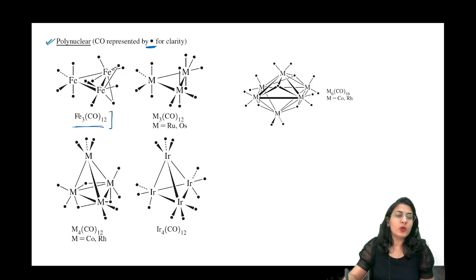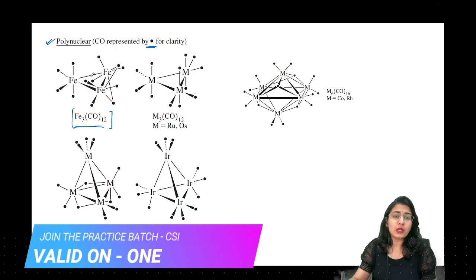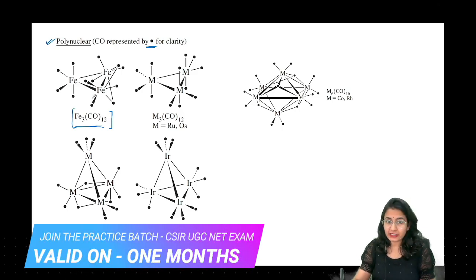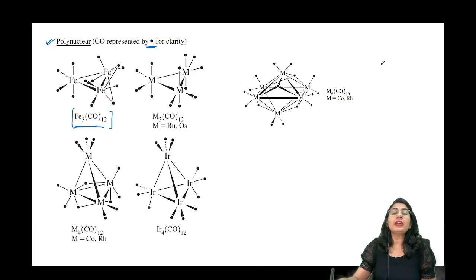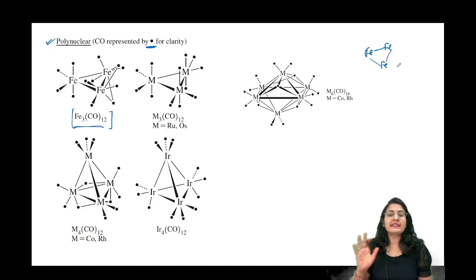Fe3(CO)12. So here you see this Fe3(CO)12 has 3 metal-metal bonds, and just by the 18 electron rule, if you want to find out, you will just get this simple skeleton. Because this is still an LNCC, a lower nuclearity carbonyl cluster. So you're going to get this thing, and you will say that